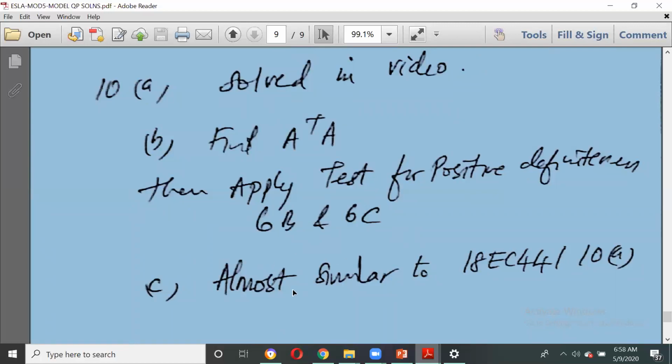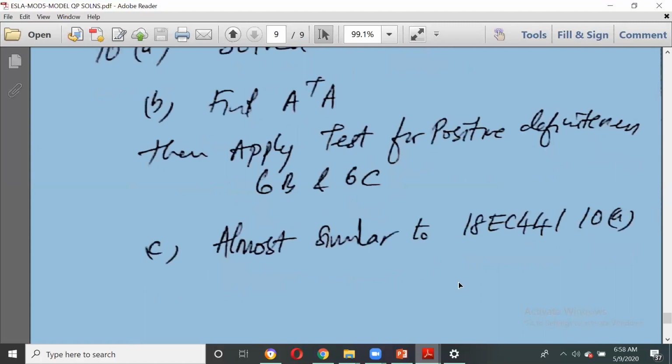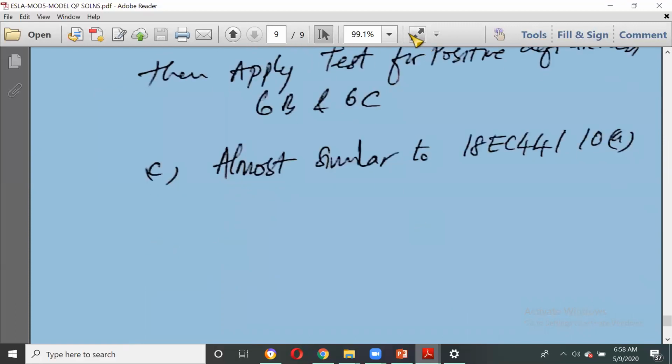Then 10C is almost similar to 10A of the earlier paper. So this finishes the solution, and we will assume that we have finished this module. Okay, so we'll take up probability and random variables in